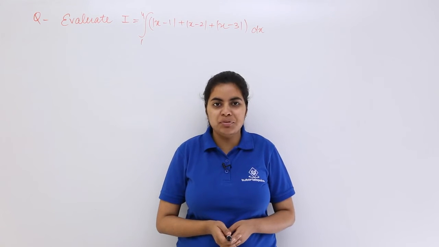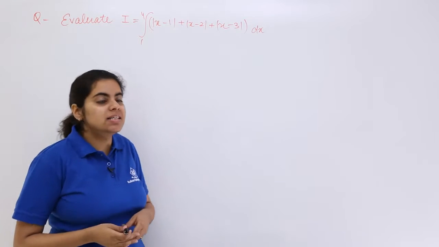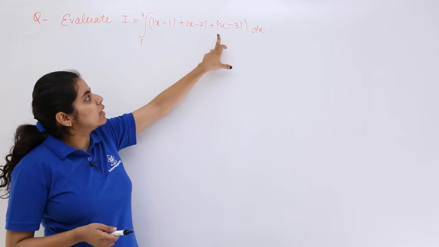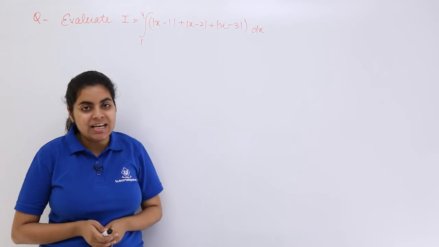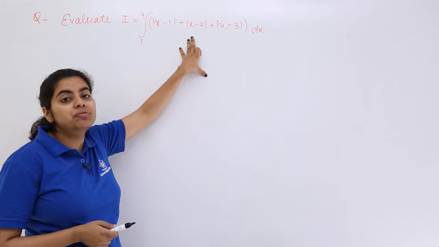So written in front of you is an NCERT book question. It says evaluate the integral from 1 to 4 of |x − 1| + |x − 2| + |x − 3|, with each term individually in modulus sign. As you can see, for modulus type of questions,